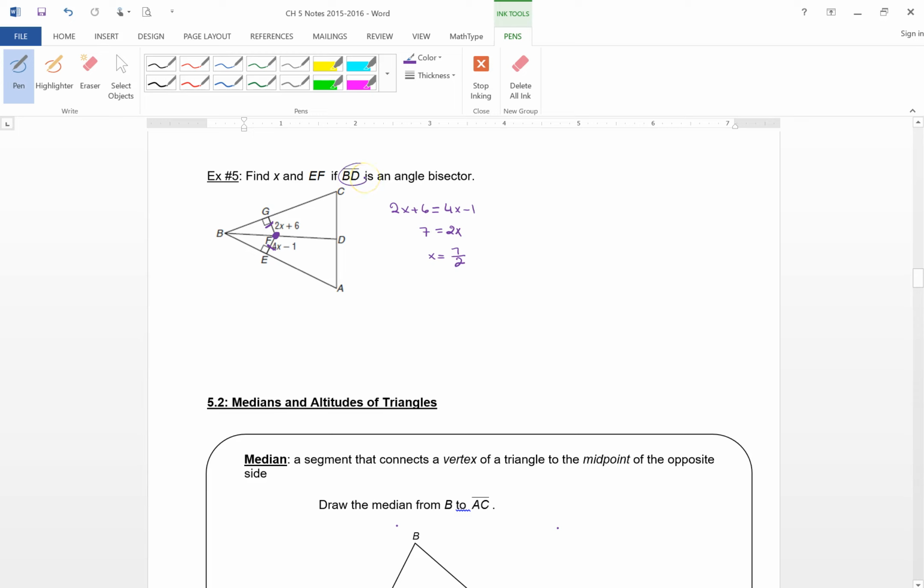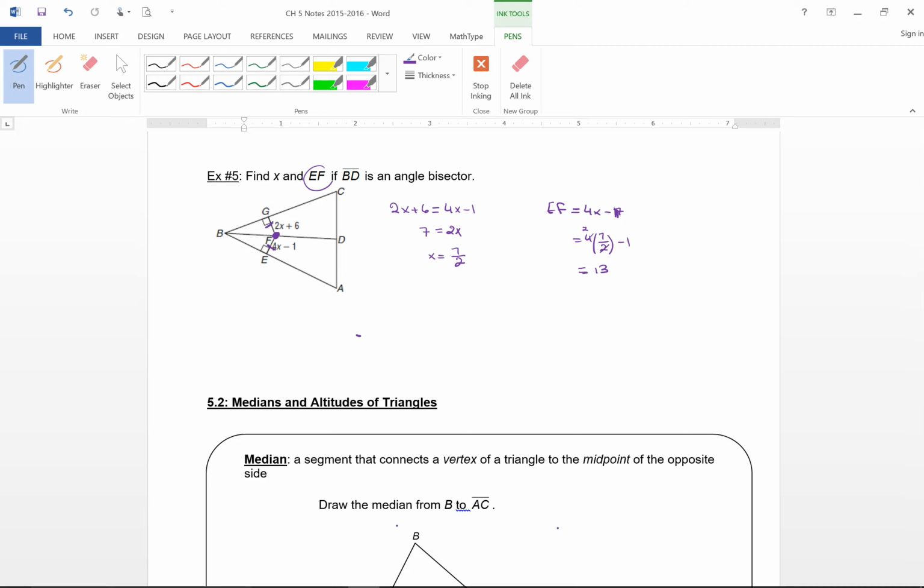Next, we need to find segment EF, sorry. And the measure of segment EF is equal to 4x minus 1, which means it's 4 times 7 over 2 minus 1. These two cancel. 14 minus 1 is 13. Okay. All right. That takes care of